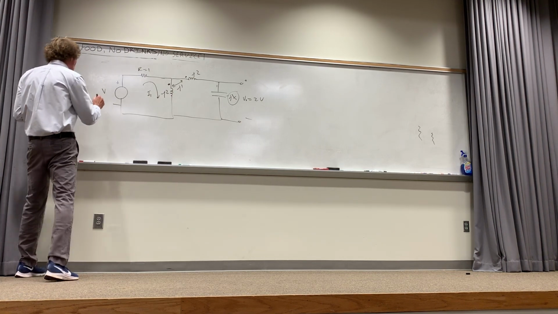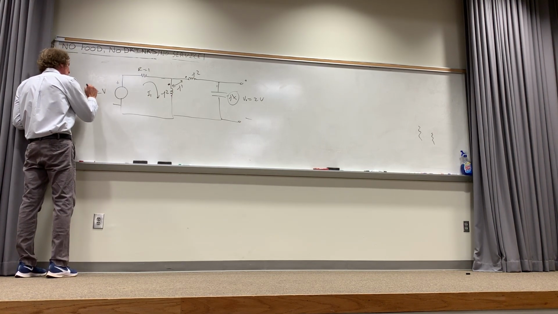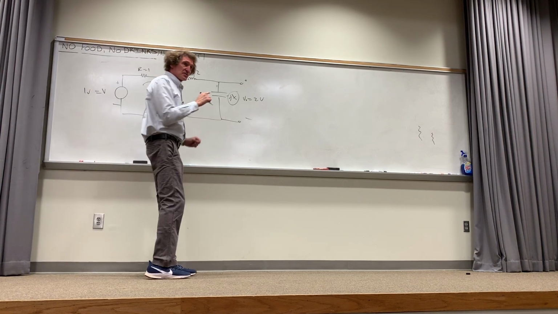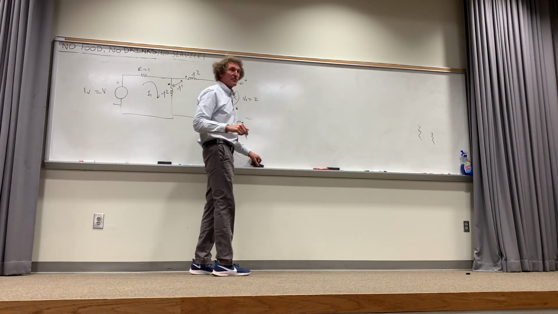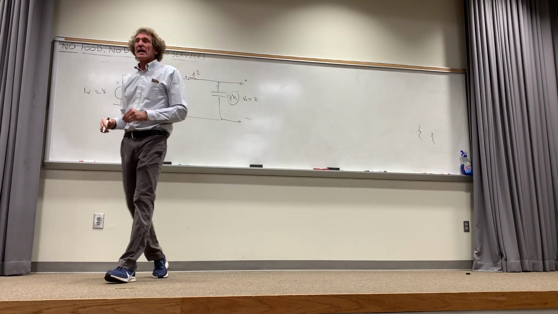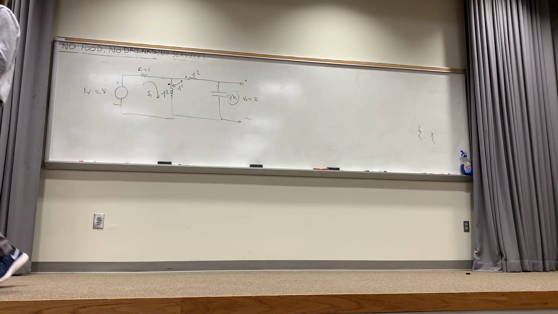Here's the trick. Let this be 1 volt, which makes this 2 volts. Follow me? This is just going to be 2 volts. All you do is take the V away. Follow me on this, class? If the input is any value, the output is twice that value, no phase involvement at all. And if that's the case, the currents, I1 and I2, will scale proportionally. Do you understand that? That's all we care about.